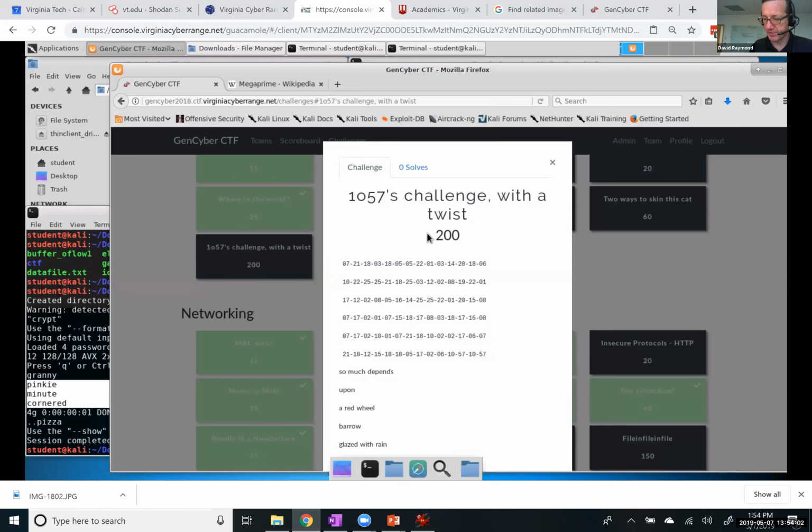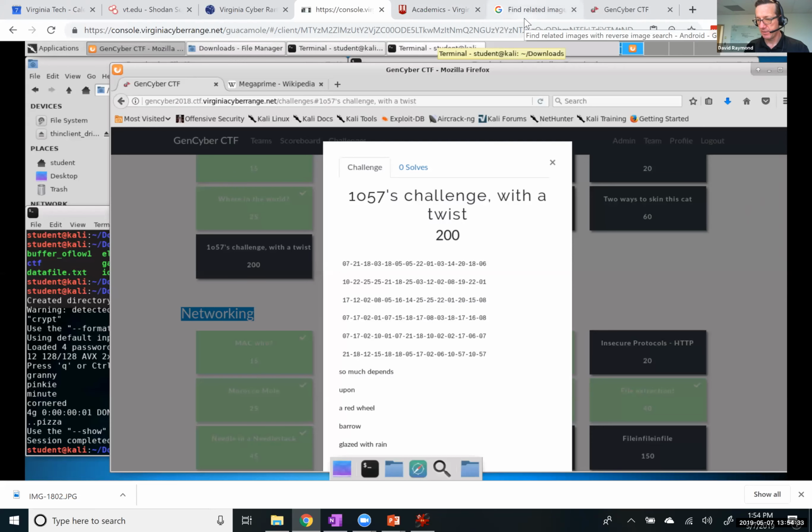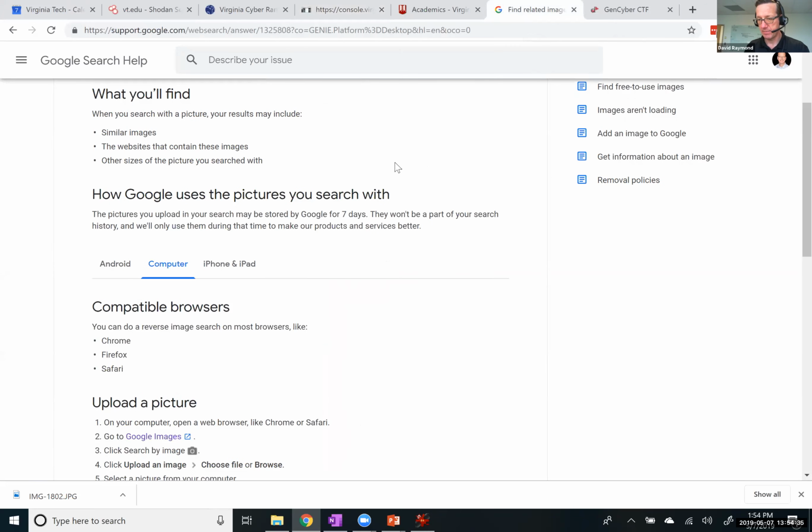This last one is particularly challenging. Lost's challenge with a twist. This would take some time to drill through, and I'm not going to do it right now. But there is a series of numbers. There's a poem here. There's more stuff on here than fits on my screen, so you'd want to do it. Maybe I could drill out and go to my